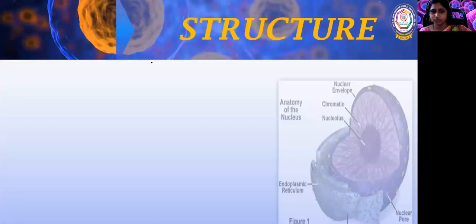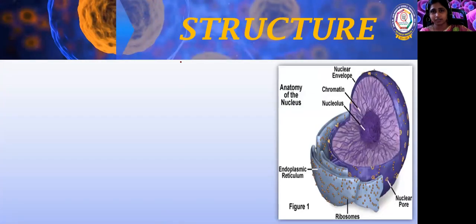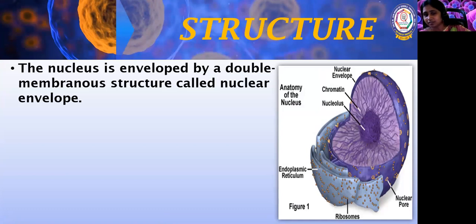The structure of the nucleus, if you see, is a spherical ball-like structure. It also has another spherical ball inside, which you call the nucleolus. You can see the structure very well. The outer membrane is called the nuclear membrane, or nuclear envelope. It is a double membrane-bound structure, and over that the ER is stitched. You can see the ER located like this, bound over the nuclear membrane.